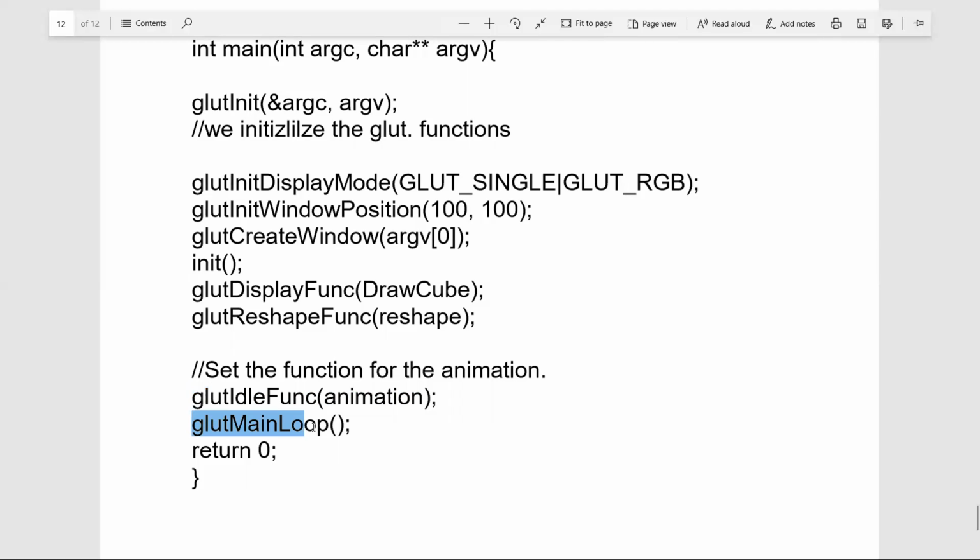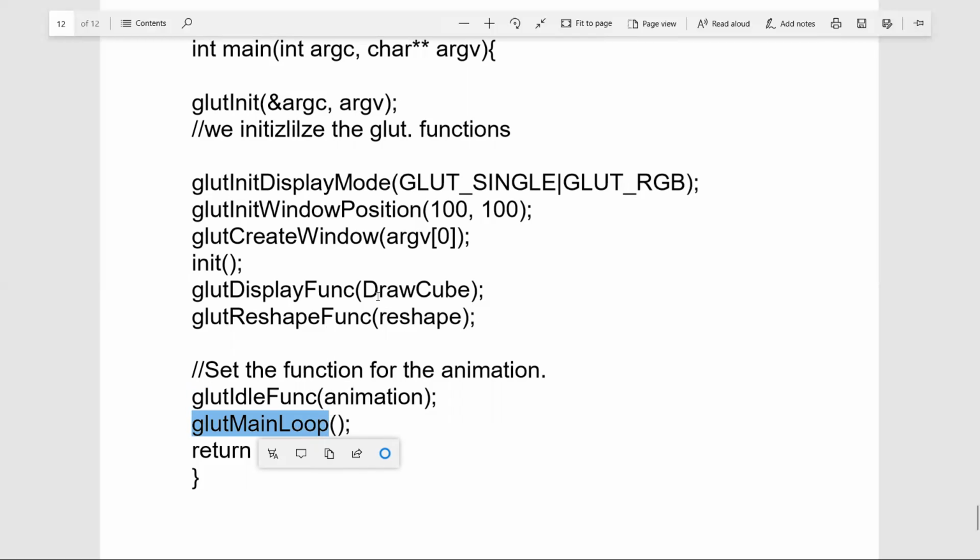As I said, this glut main loop will continue infinitely till there is some input coming from the mouse pointer or from the keyboard. So that means this glut main loop will go on continuing infinitely till there is a user input.